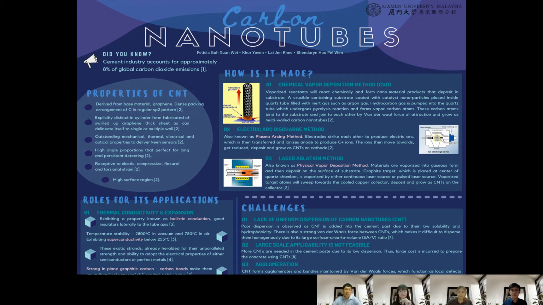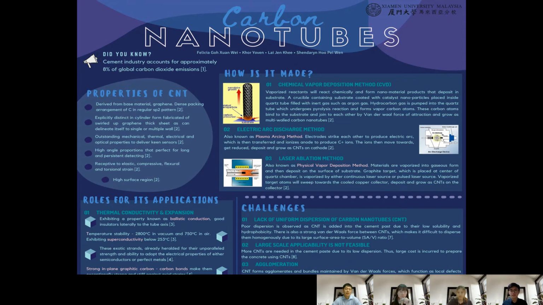The second method is the electric arc discharge method, which is also known as the plasma arcing method. Electrodes strike each other to produce an electric arc, and the energy produced in it transfers to an ionized anode to produce carbon ions, which move towards the cathode, get reduced, deposited, and grow as CNTs. As CNTs grow, the anode becomes shorter, but the electrodes are adjusted to maintain a fixed gap. If proper cooling of electrodes is achieved, uniform deposition of CNTs is formed on the cathode, which is achieved by inert gas maintained